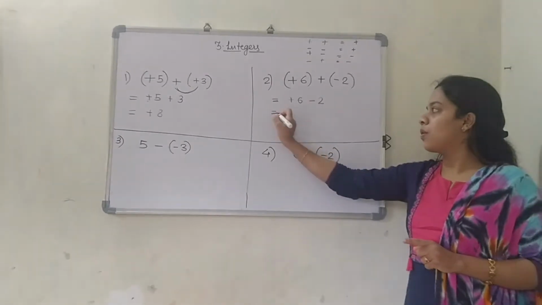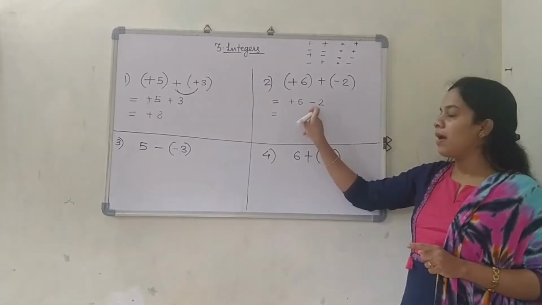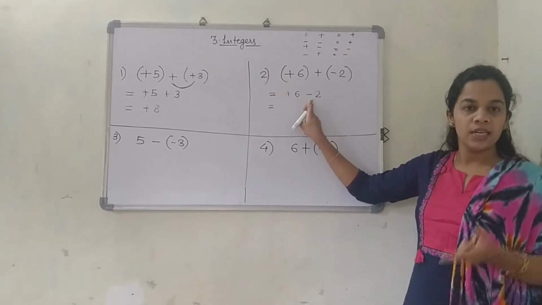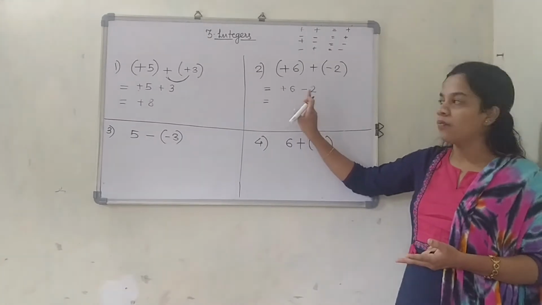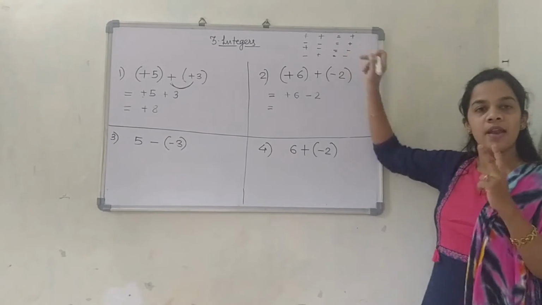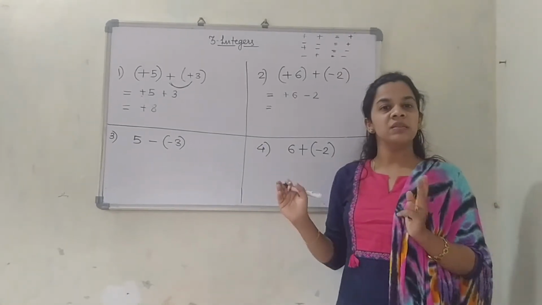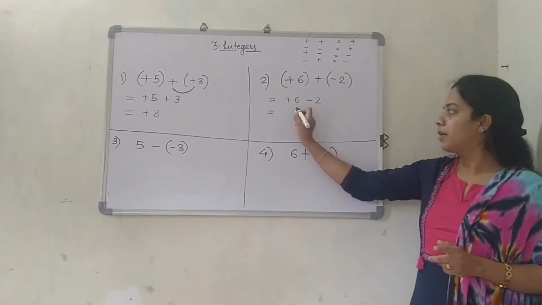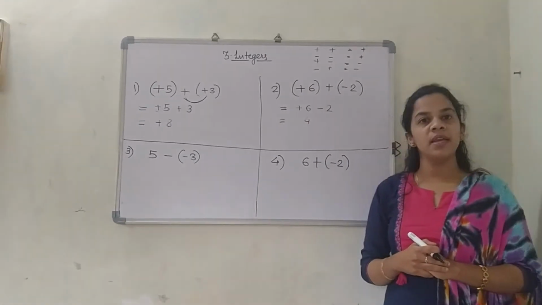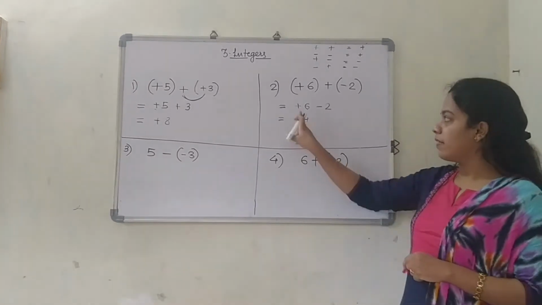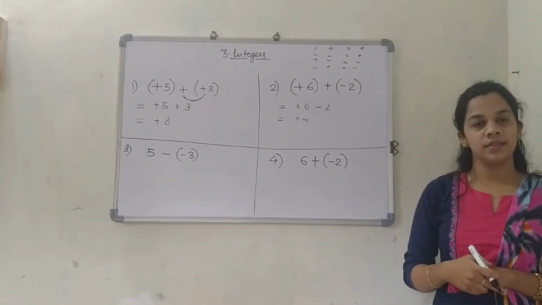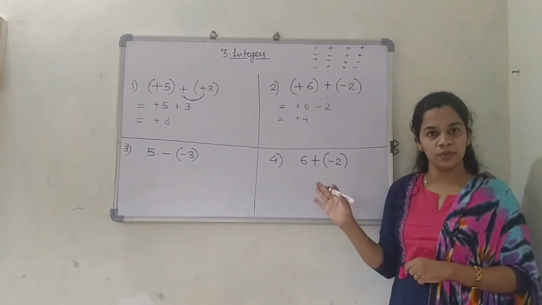Okay, now just focus on this. Plus minus is minus. So I am going to subtract these two numbers. 6 minus 2 is what? Why am I going to subtract it? Yes, because plus minus is minus, and I am going to subtract them. 6 minus 2 is 4. Here the bigger number is which, 6 or 2? The bigger number is 6, and 6 is having which sign? Plus sign. So my answer will also have plus sign. So the answer is plus 4. Have you understood this? Okay.